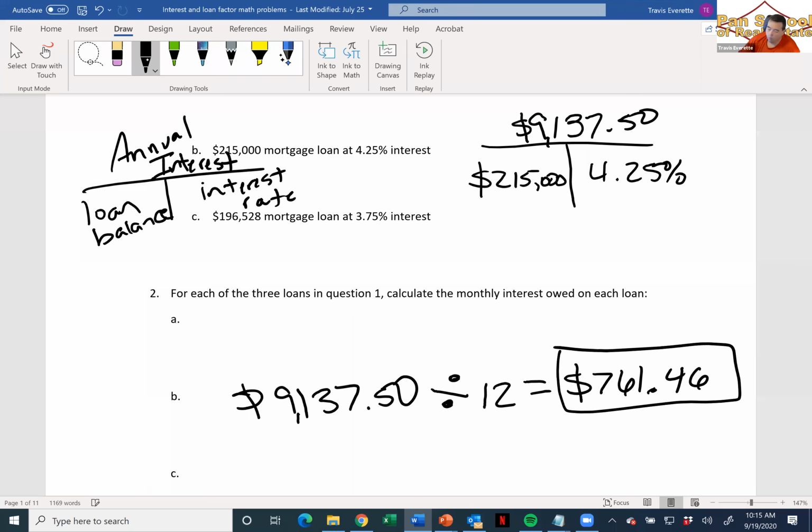And listen, don't worry if you write down $761.45. Don't worry if you write down $761.46. I can assure you that on the test, rounding will never matter as far as your final answer goes. It's really how much of a perfectionist you want to be. But they will never give you 2 answers that are so close together that rounding would make a difference. Is everybody okay with that? I want to take that worry away from you. It's not going to matter.